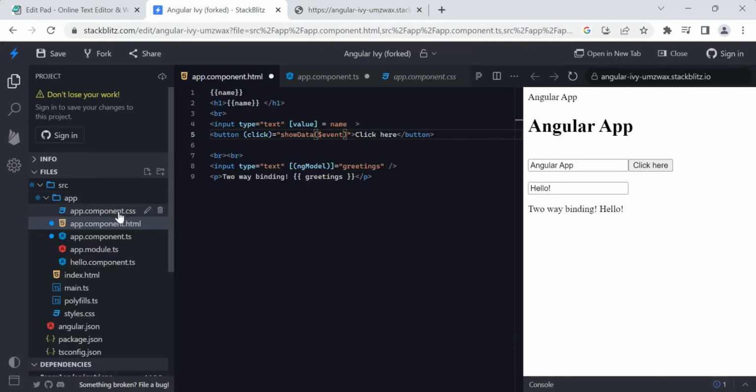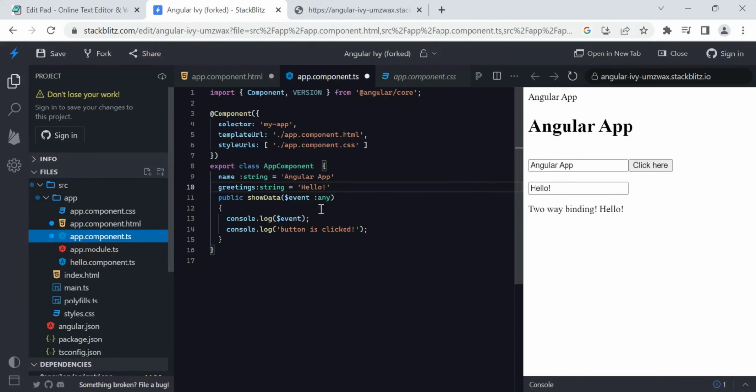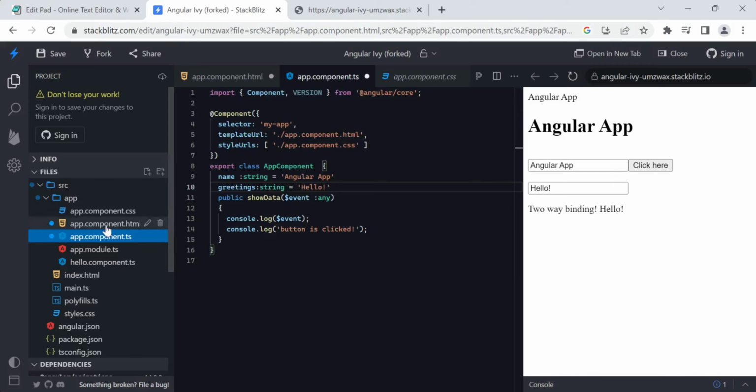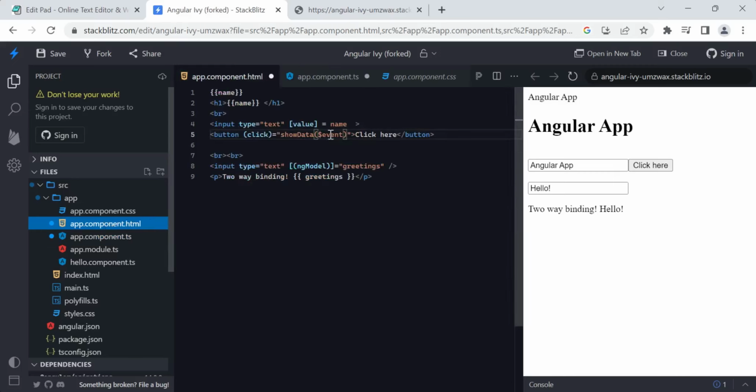What I have written in that method, this method is calling. On that click event, I am calling this method. In that method, what I'm returning is that event to the component. So that event and "button clicked" came as output in the console. Instead of that, what you can do is, not only that event, but